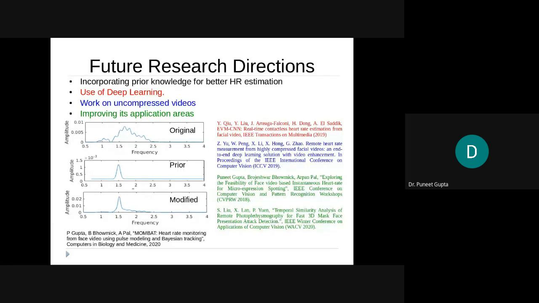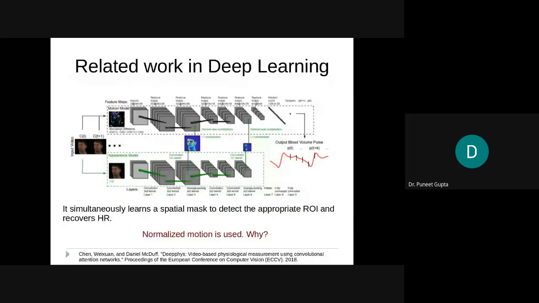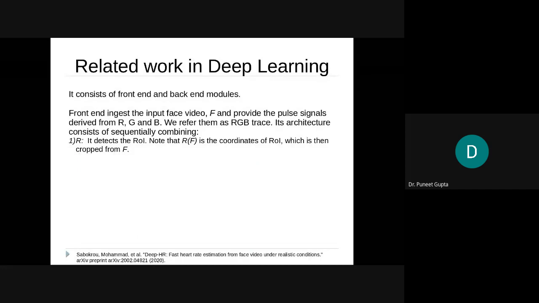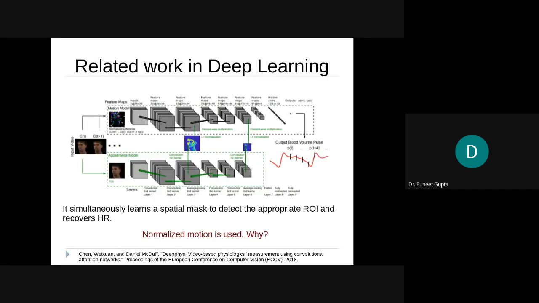And actually my work is mainly in improving this architecture for remote PPG estimation and improving its application areas. This is what I'm working on. Time is quite short, so let me skip a few of these slides. As I was saying, in all these approaches we have different modules like ROI extraction, temporal signal extraction, and how we should mix the color. So can we make all these things automatic, so that everything is driven by the dataset? That's where deep learning is used.